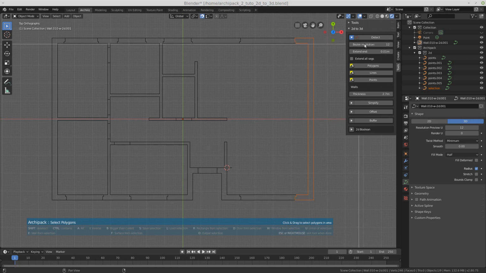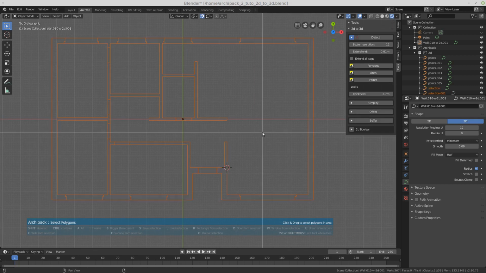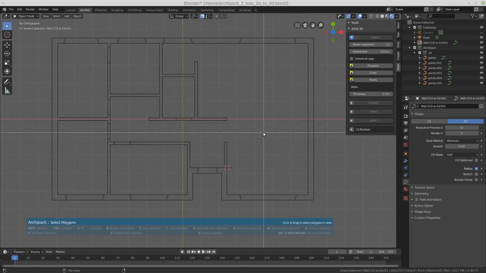I got the extend end, which basically is how much a segment is able to grow in order to close properly a line. I got here A, which basically is the same as with Blender, and I in order to invert selection, and so on.